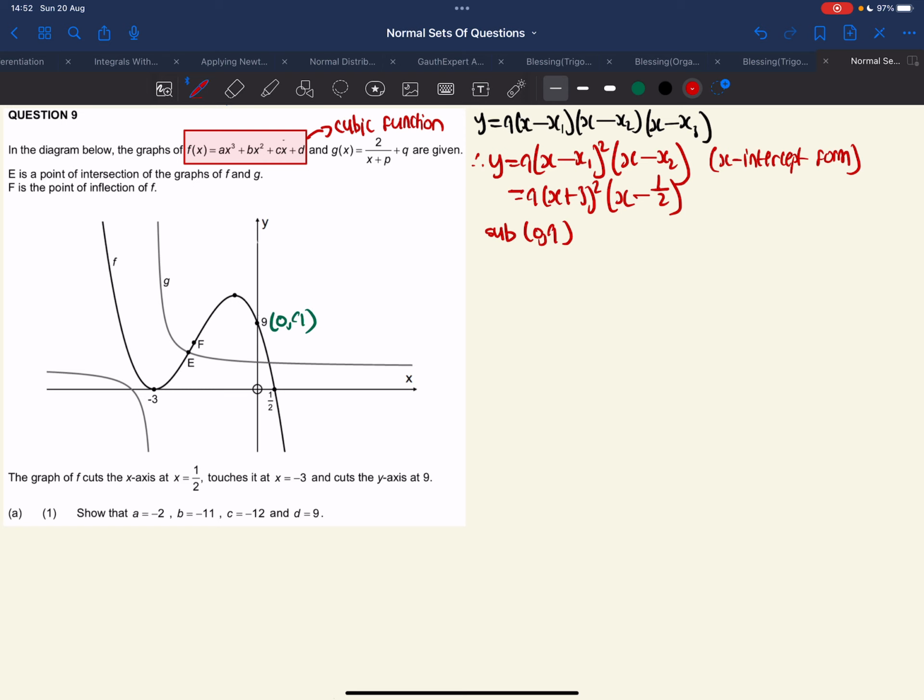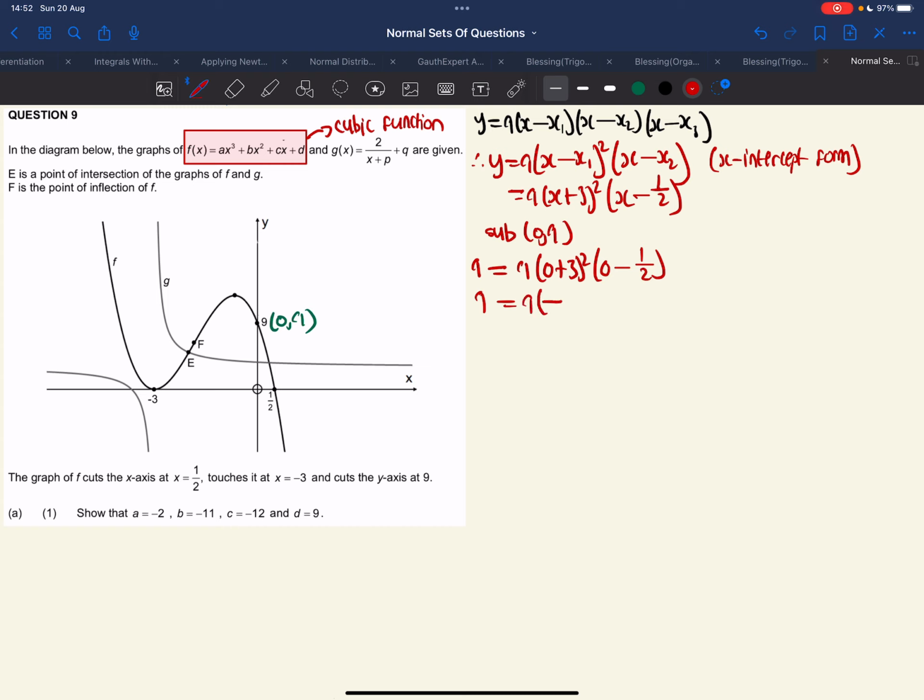Then we should get 9 equals a(0 plus 3) squared times (0 minus 1 over 2). Using a calculator, we get